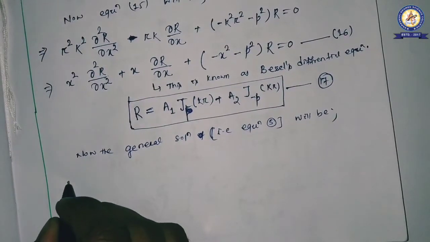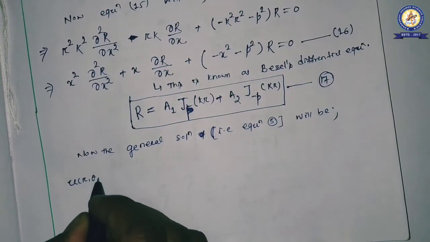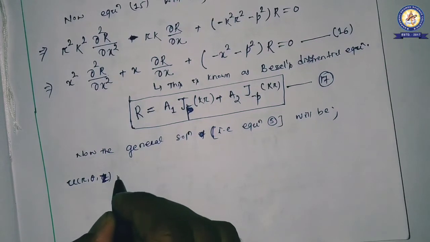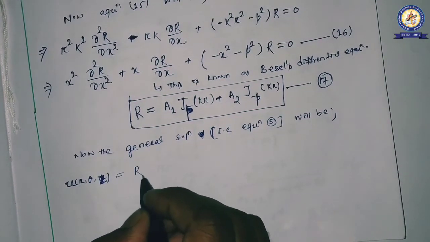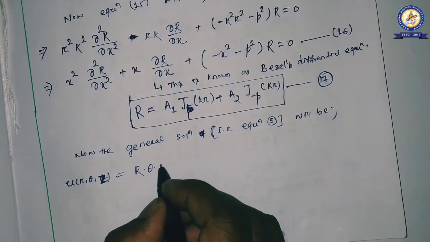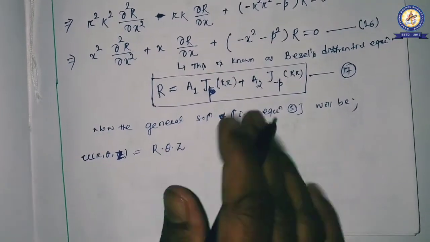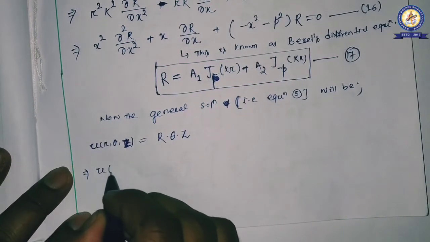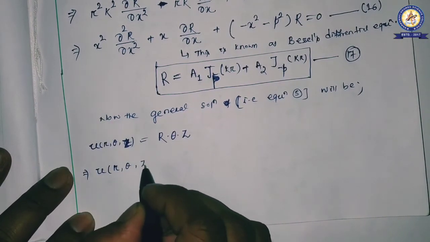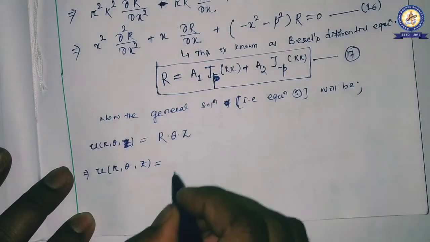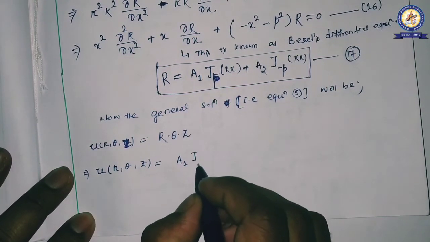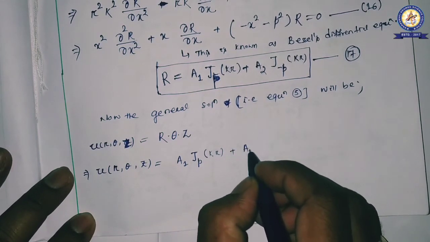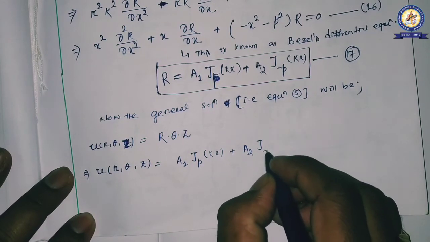So it will be u of r, theta, z, which is nothing but capital R into capital Theta into capital Z. Here for R we found this one. First we have to write the general solution: a1 J p